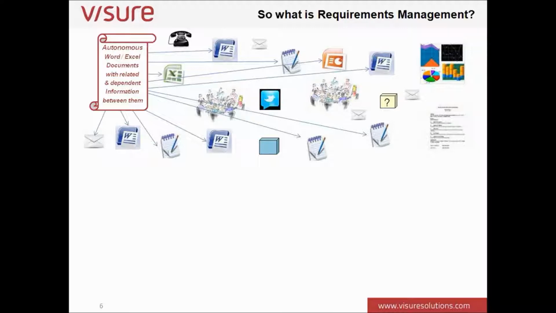So what I want to go through now is what do we mean by requirements management? Let me give you a view here, if you can see the chart I've got now. Very often customers that we speak to deal with requirements management as what I term islands of autonomous information. And here's a typical graphic of a requirements management environment,